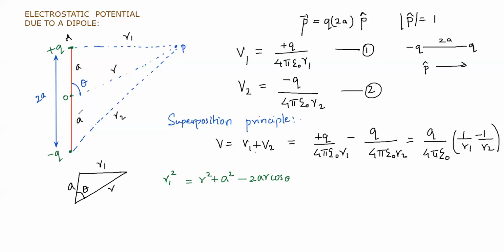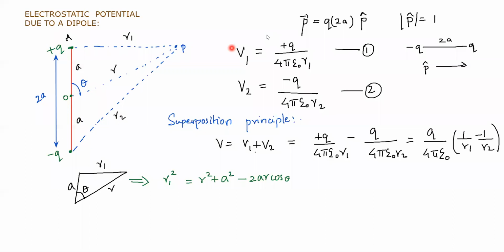Now you can take the other triangle, the lower triangle. So this triangle gives you this expression to find R1. What we are going to do is find R1 and substitute in the expression for potential. That's it. Now you can take the second triangle. Before that, you need to find this angle, because using the second triangle we are going to find the expression for R2. So we will take this triangle, but we need to know this angle.